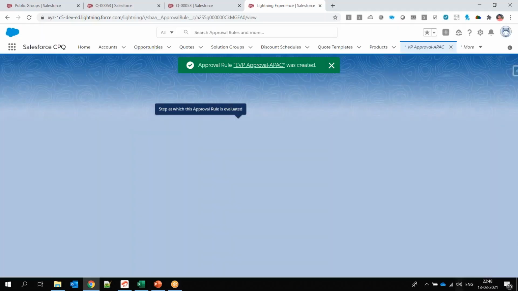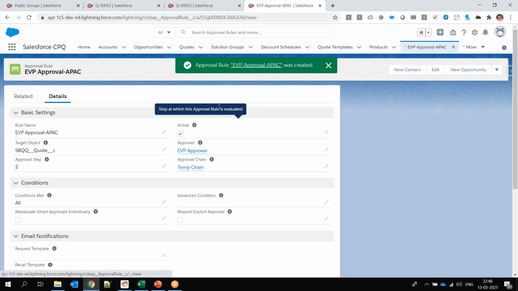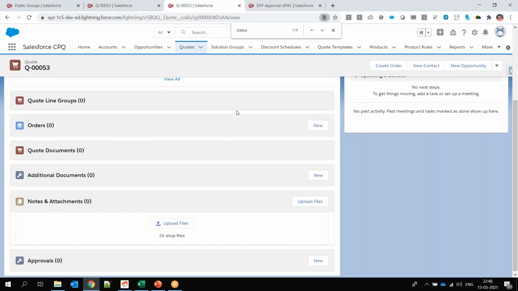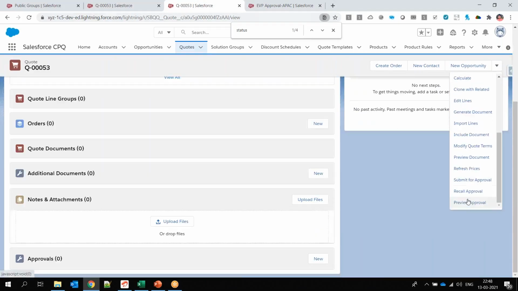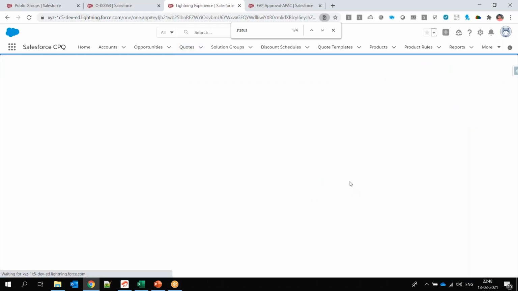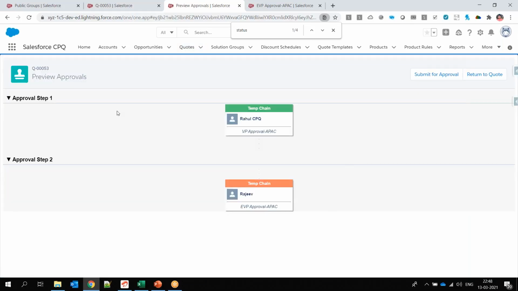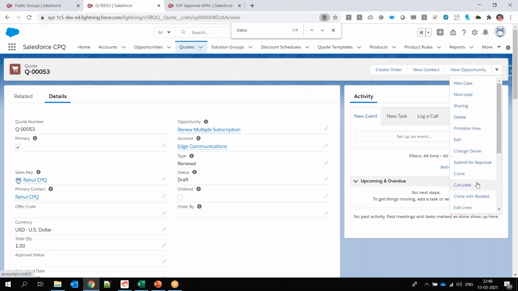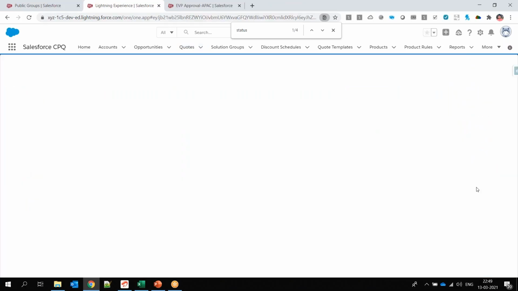But you will see the magic now, right? I have two approvals now. One is VP, another is EVP, with the step change. The same chain is used. Now if I go to the preview approval here, what will it display? It will display both the approvals, step 1 and step 2. You can see step 1 is the VP approval and step 2 is the EVP approval. Correct? It is assigned to Rajiv, and this is assigned to Rahul. If I return to the code and submit it again, you will see the magic now. So if I submit this for approval,